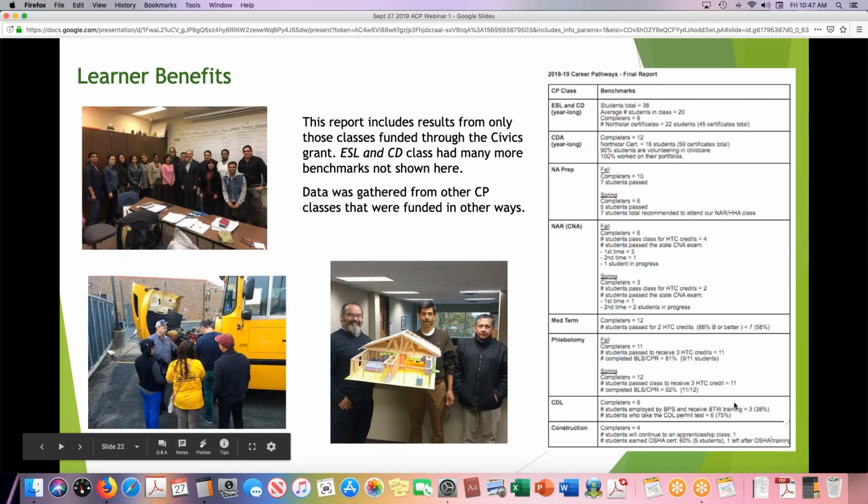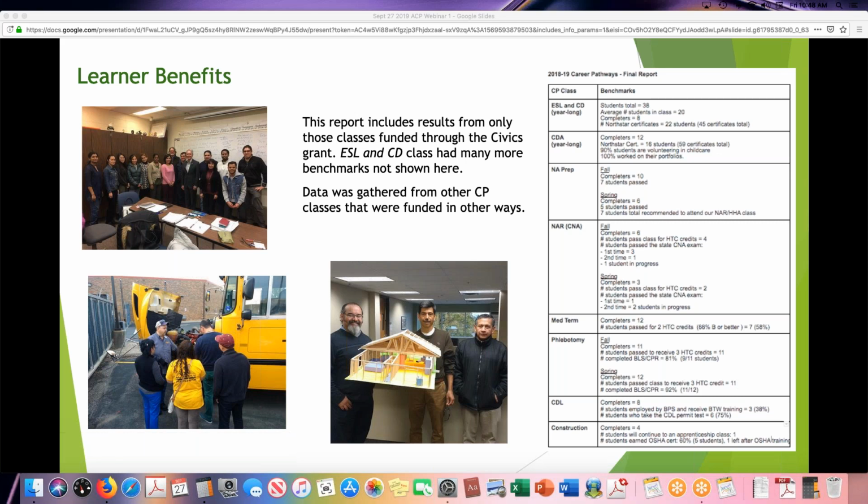Okay. Learner benefits. You can see on the right that every year most of our classes are funded through the IELCE IET grant and the civics grant. In the final report, you can see a simplified version of how many people completed the class, what certificates were earned, and other benchmarks.